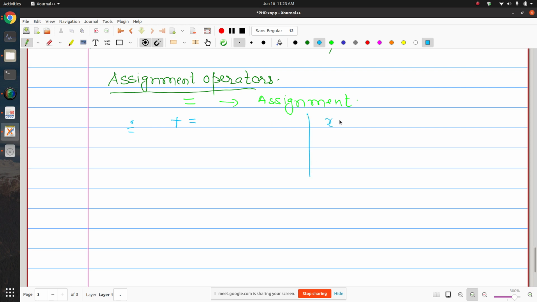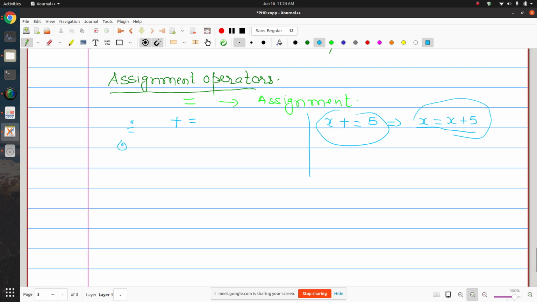So suppose if you write x plus equal to 5, that means we are writing actually x equal to x plus 5, where x is some variable. Okay, आप सब लोग जानते होंगे इसका मीनिंग. x प्लस इक्वल टू 5 का मतलब क्या होता है कि x की वैल्यू में 5 जोड़ करके वापस x को असाइन कर देना है. That means this is the thing. So rather than writing this we can use this. Okay, so both are equivalent actually. So this operator actually is shortened kind of notation for this one.